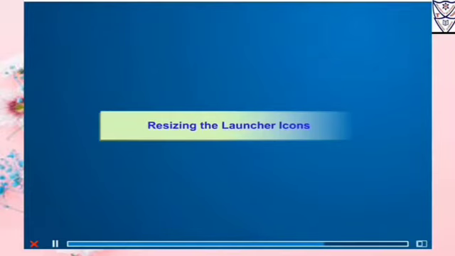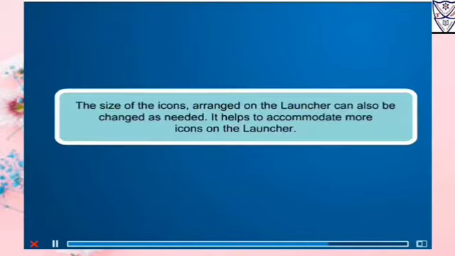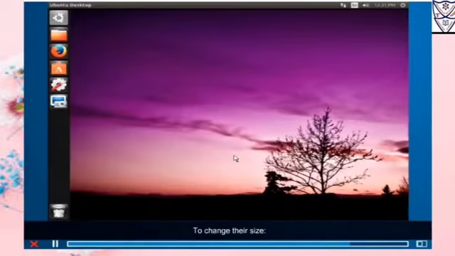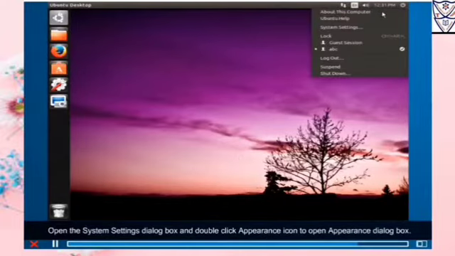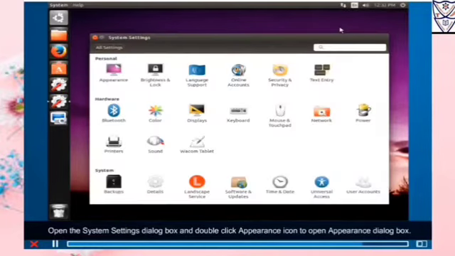Resizing the launcher icons. The size of the icons arranged on the launcher can also be changed as needed. It helps to accommodate more icons on the launcher. To change their size, open the system settings dialog box and double-click the appearance icon to open the appearance dialog box.